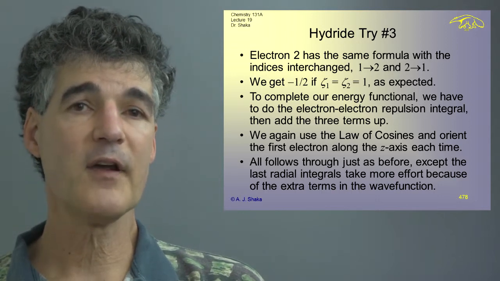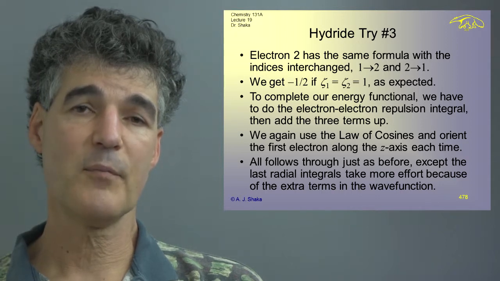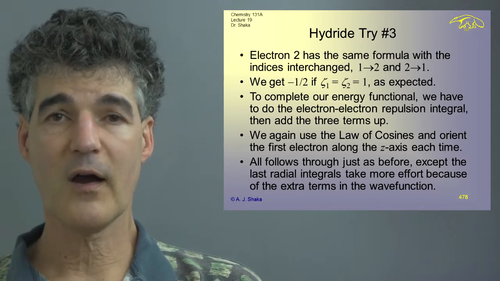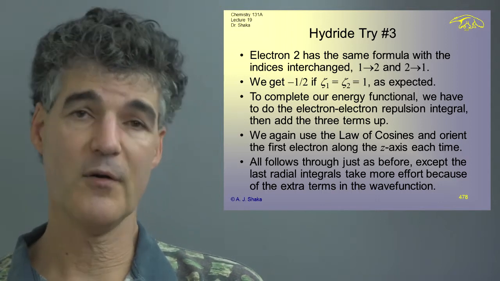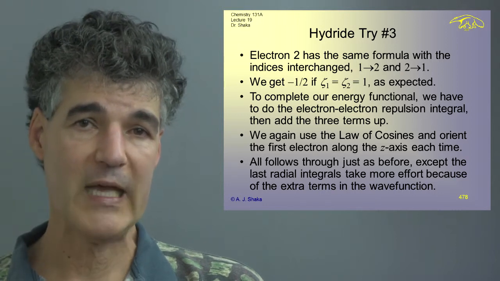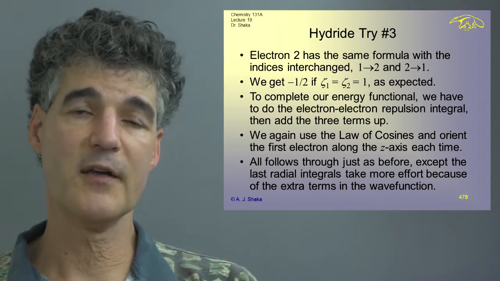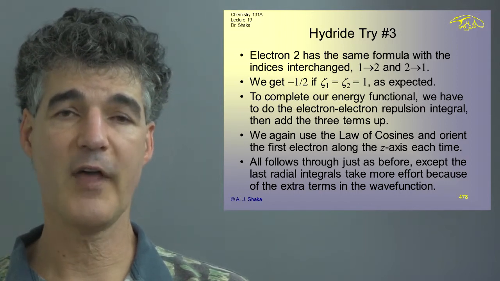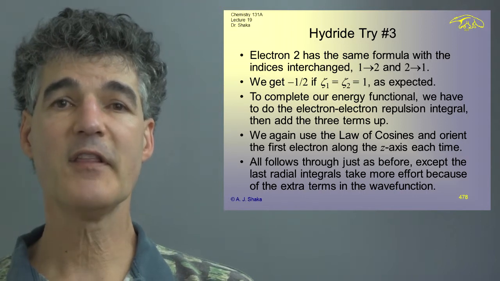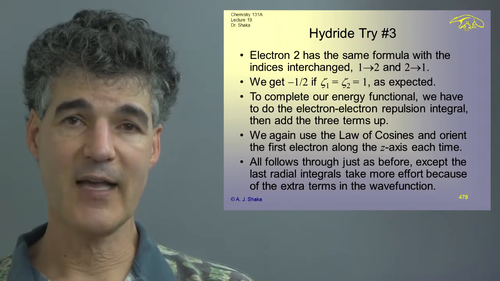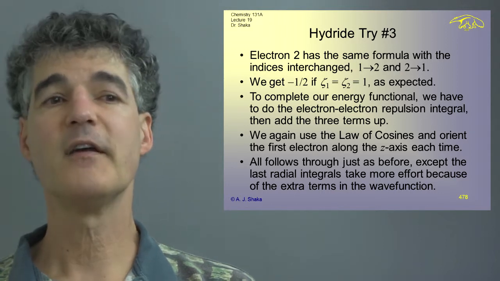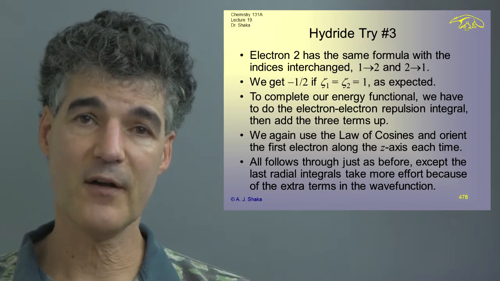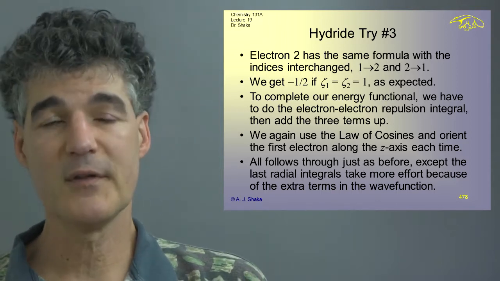And recall that what happened there is we had the integral separate into two cases, depending whether R1 was bigger than R2 or R1 was less than R2. We either got 2 over R1 or 2 over R2, and then we had to separate the final integral into the separate cases. So we're going to have to do that again here, and everything's going to follow through exactly as it did before. The only difference is it's going to take a lot more effort, because just having these two terms, then we get all these cross terms,